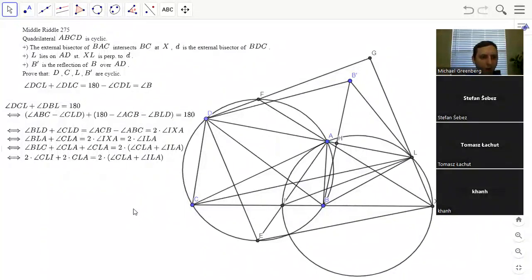All right. You see from that line, the second line from all of those, you can cancel 180 and bring BLD and CLD to the right hand side of the equation, and you will then just flip it, like take it to the left side. Yeah. So you will be left with